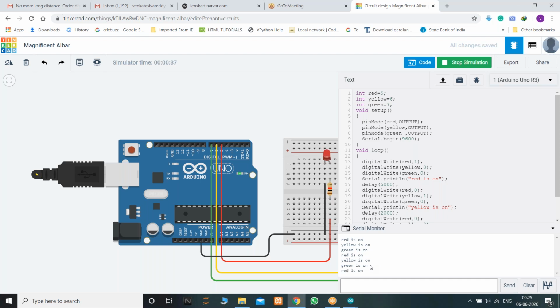Are you clear with this? If you have any questions or if you are stuck anywhere. Still 40 logins. Okay, that's okay. So is it completed?